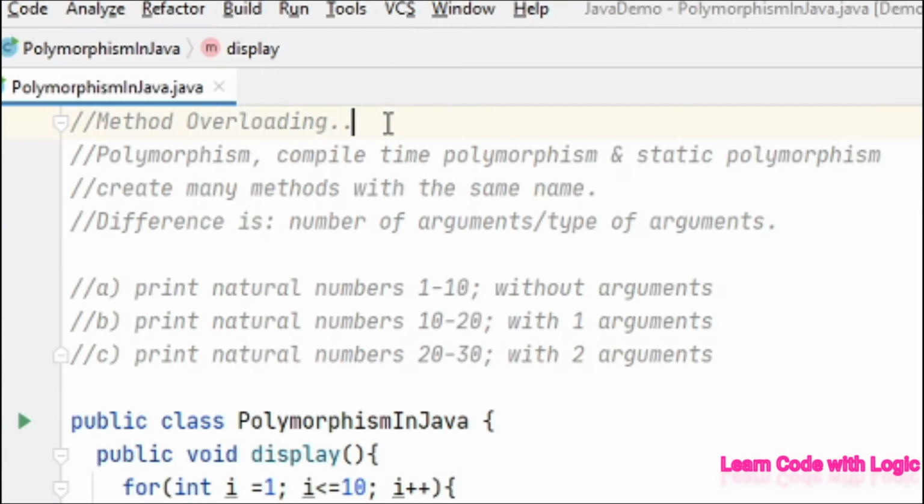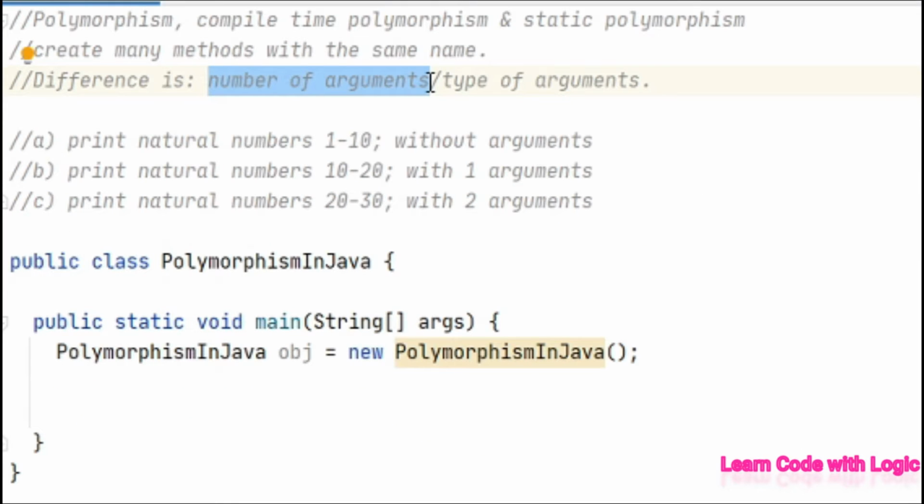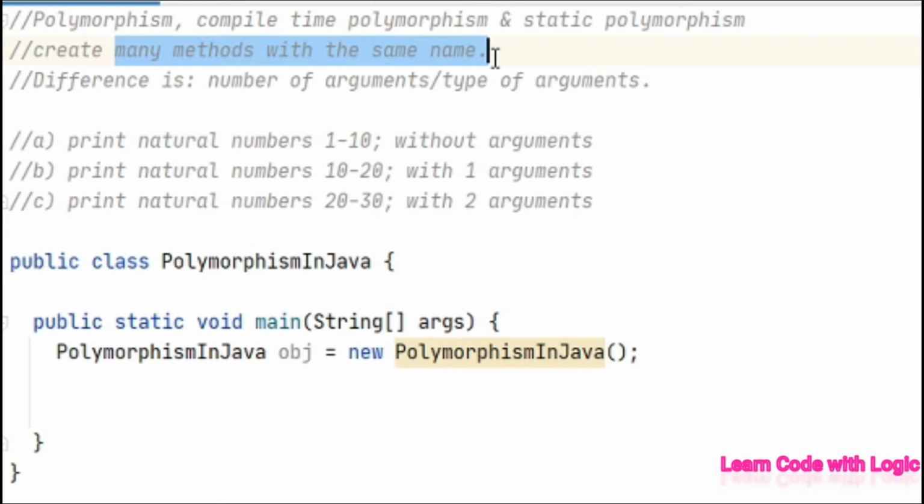In this video, I will talk about method overloading in Java. This one is also called compile time polymorphism and static polymorphism. In my last video, we discussed what polymorphism is and saw one example. In this example, we will see the polymorphism concept from the perspective of number of arguments. We already know polymorphism means creating many methods with the same name, where the only difference is the type of arguments